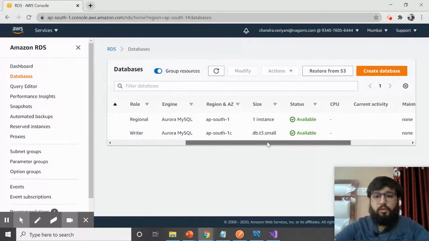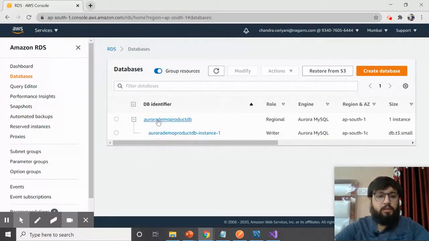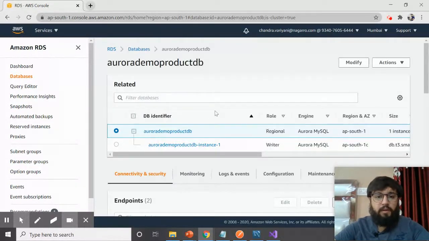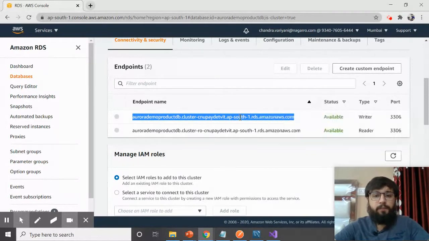Okay, so now we have the instances available to us. Now let's not waste more time and quickly click on the cluster. Here you can see we have connection string 1, connection string 2. One is for the writer, one is for the reader. We have explained that the writer will be used when you want to do create, update and delete, and when you want to just read, then we'll make use of this connection string. Now in the reader, you would notice we have an arrow that indicates it is the reader one. So copy this connection string.